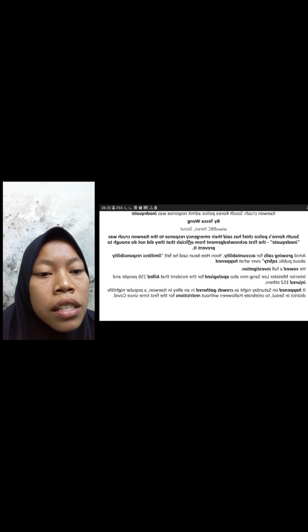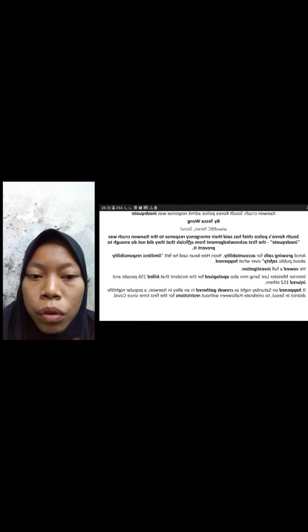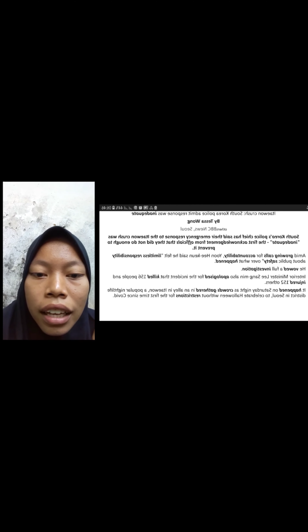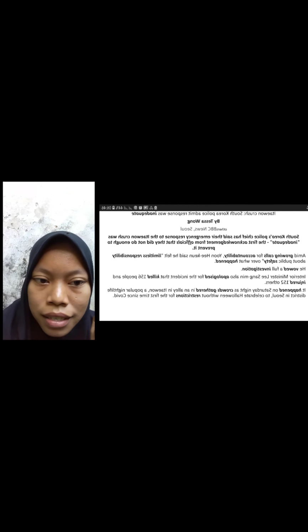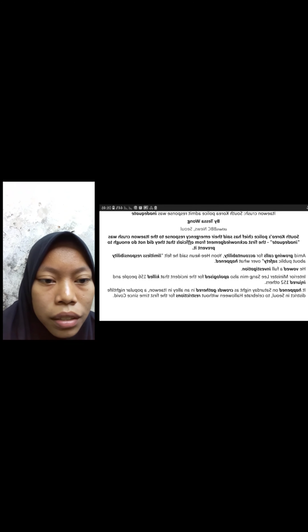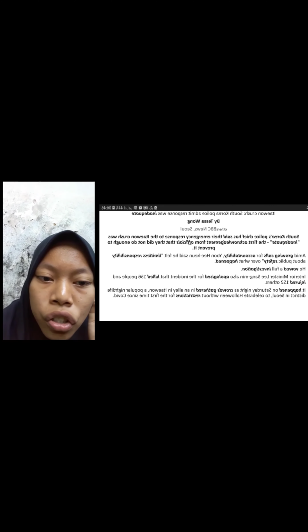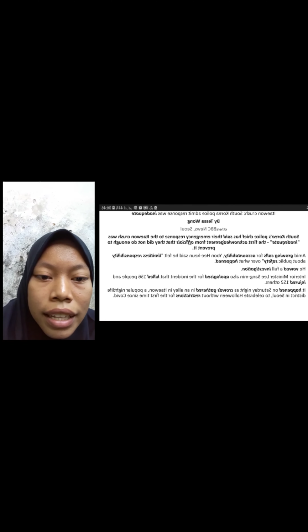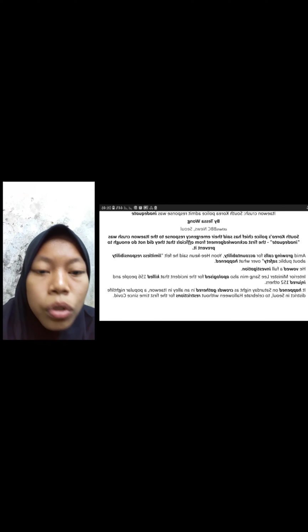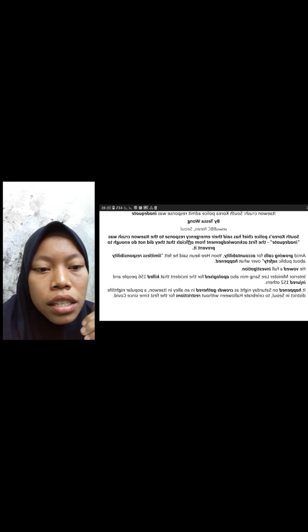Happen in this sentence is an inflectional morpheme. Ed in this word shows that the action happened in the past. And forward. Forward is a derivational morpheme. Ed in this word shows the change of word class from noun to verb. And the next is